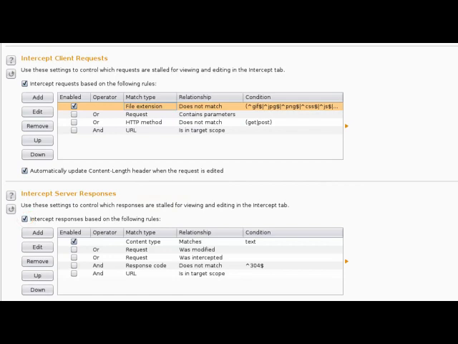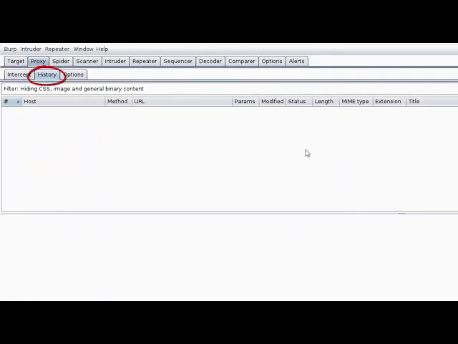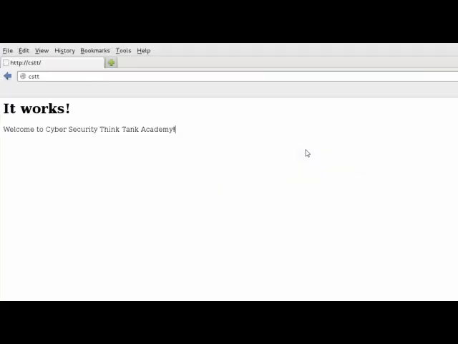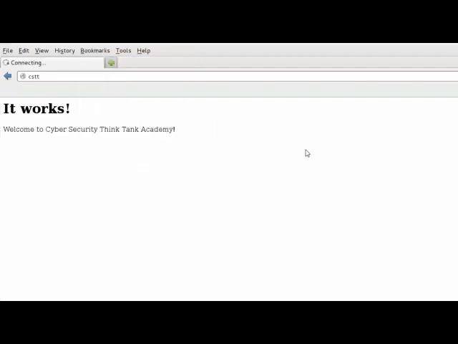Okay, so now that we have everything enabled, we can go to history. We don't have anything because here is wherever you are searching. What you need to do at this point is to start browsing. The Burp proxy is ready to sniff the network whatever you are doing in the website, and it's going to report it here. So we're going to try to go to the